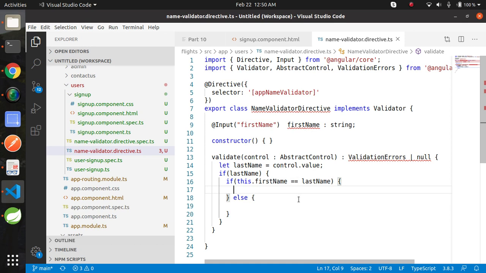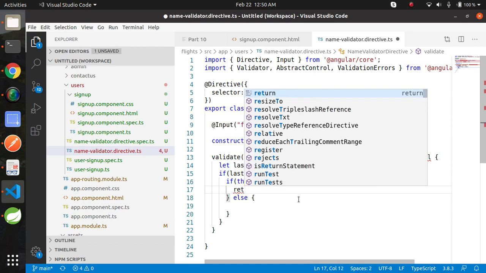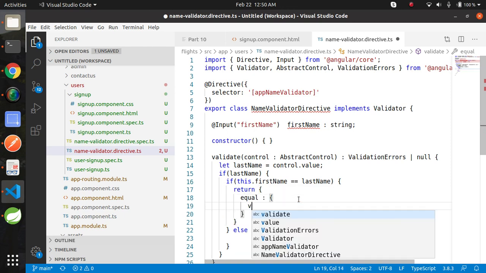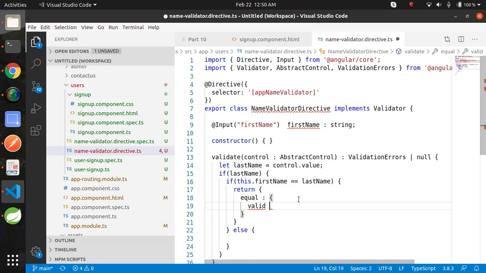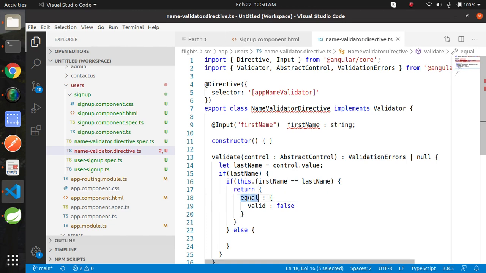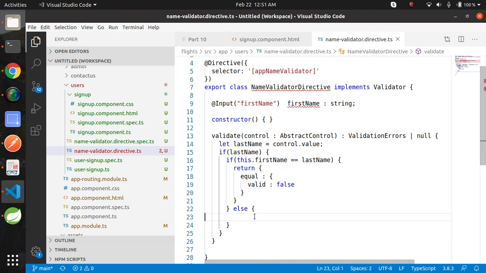If the field has an error, then we need to return an object with any key, and that key must have valid false. This is the syntax. Here in place of equal we can provide any key, but this object must have a valid key with the value false if we are getting an error in the field, and if there is no error, just return null.